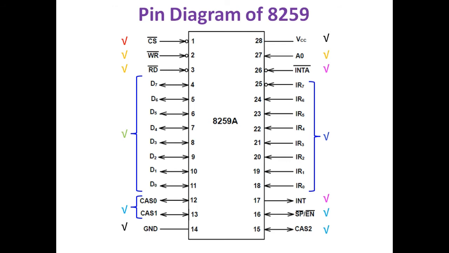Okay, so whenever, suppose if you have configured all these interrupt lines as edge triggered, then whenever the rising edge occurs on any of the IO lines, then the 8259A activates the interrupts or sends logic 1 on this INT line, which is connected to the INTR pin of the 8085 processor.